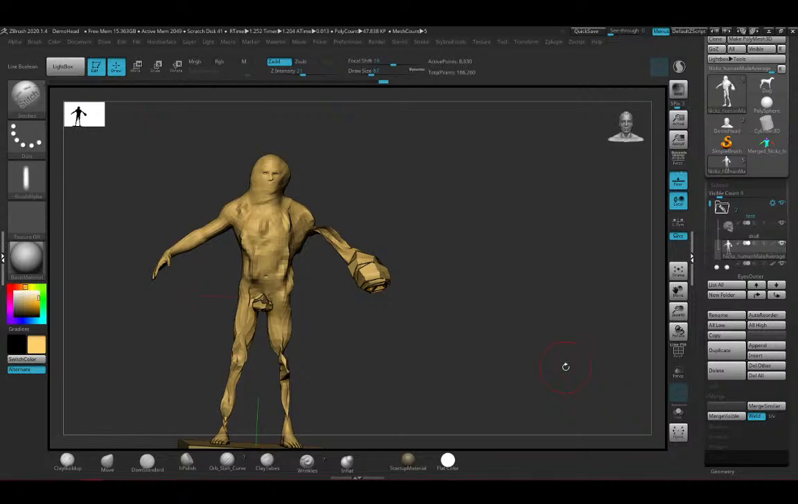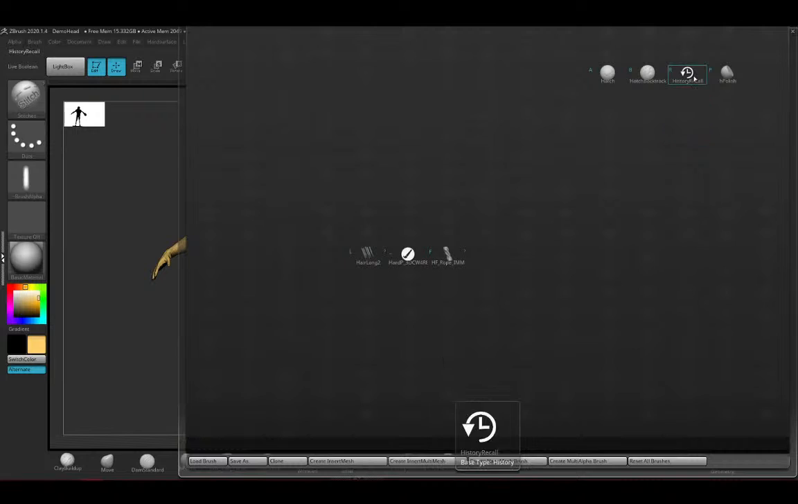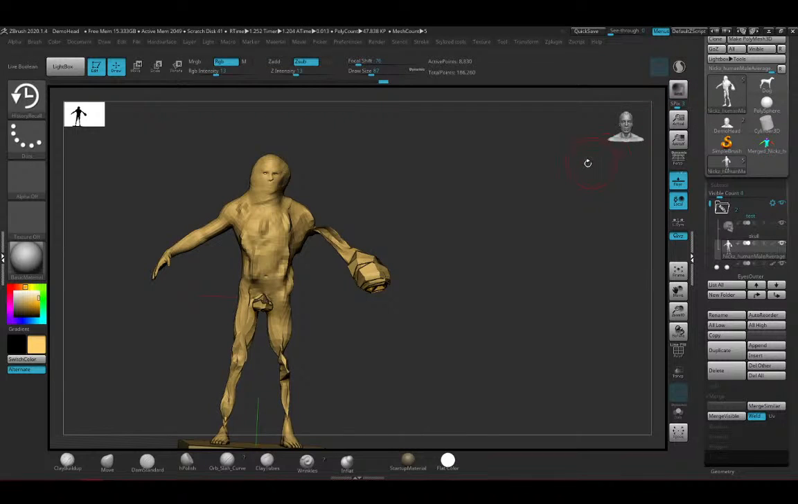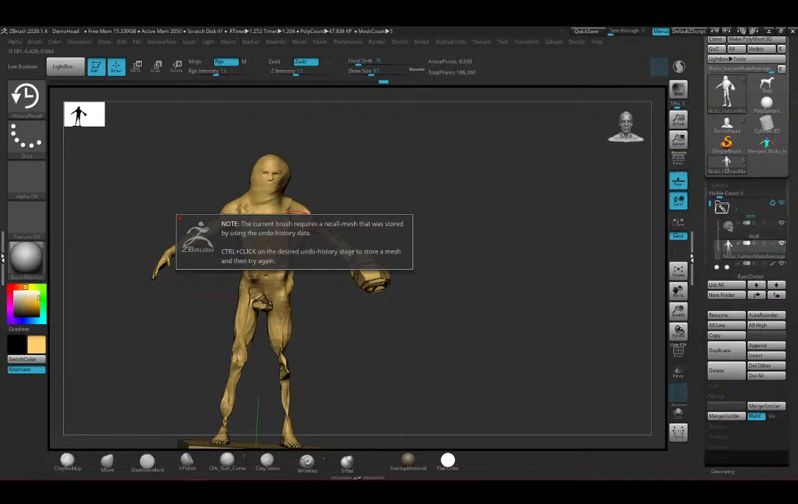So what I can do now is go to BHR, that's my history recall brush, and it's going to look at the object or the volume stored in memory, and it's going to allow you to project that back. So if I go through here, first of all, you need to turn off X symmetry. And I'll show you why in a bit. But now you can go through and scrub out this information. Now because we're working on kind of a Dynamesh object here,